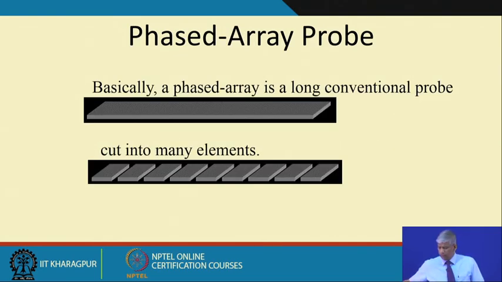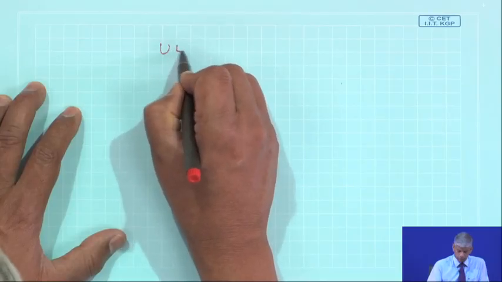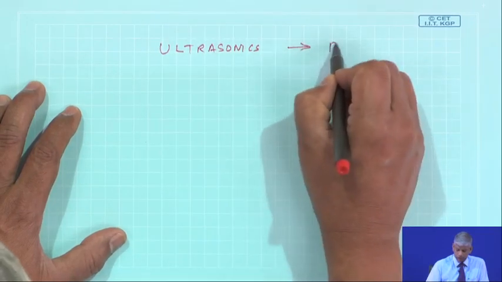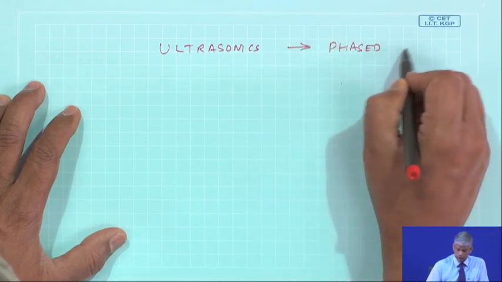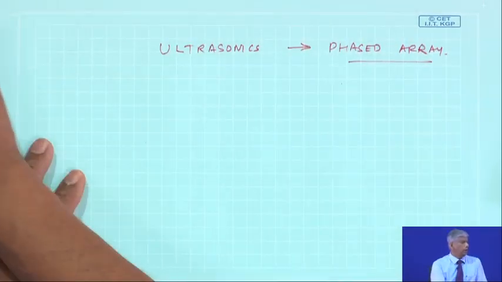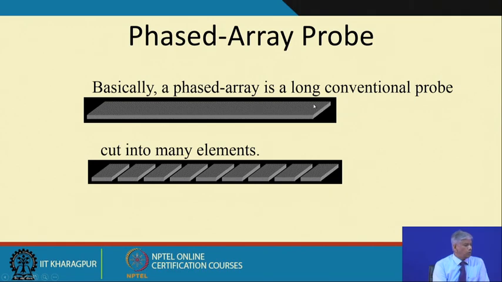Now, recently a new technique has come in ultrasonics, that is the phased array technology, wherein rather than having a long conventional probe, we have this sensing element cut into many elements, and each one of them could be energized to give an ultrasonic wave. So, in a quickly, because as you know, when there is